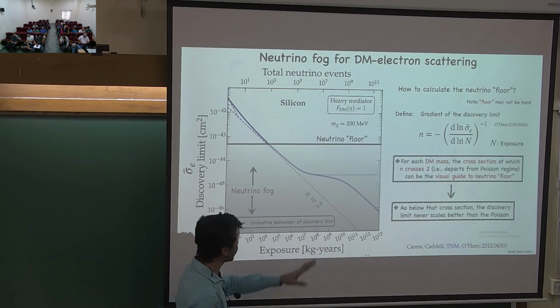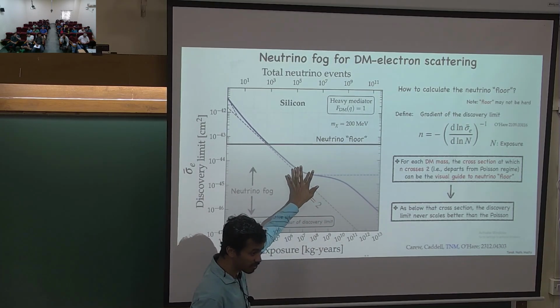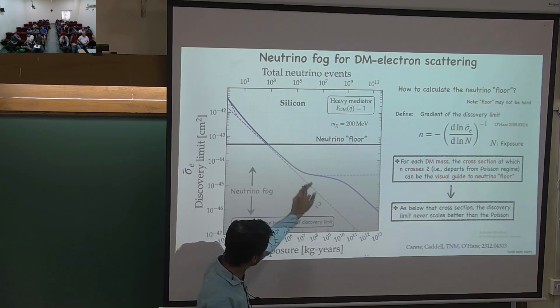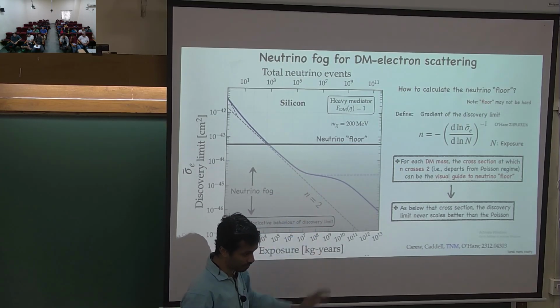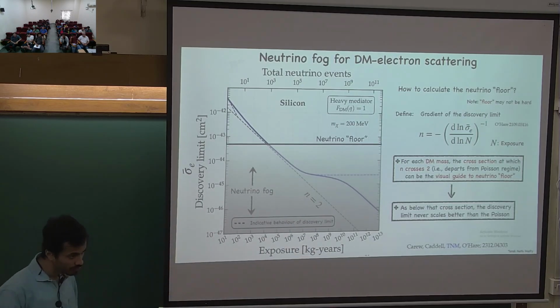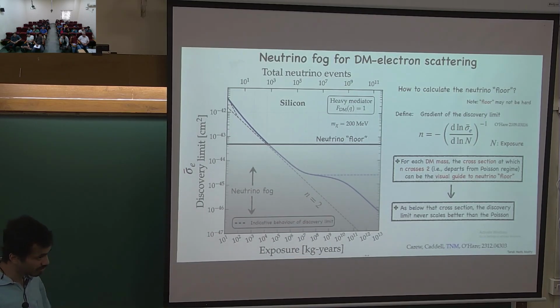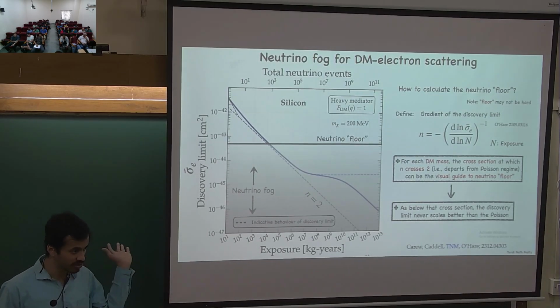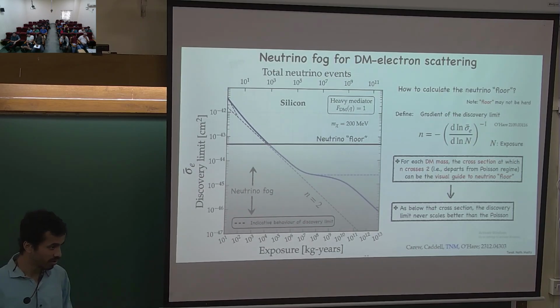What I'm trying to say is that here you enter the systematic uncertainty dominated regime. If your systematic uncertainty is small, then this line will probably be flat. That's what happens if I use neutrino experiments to decrease the systematic. You could in principle do that. Whatever we are doing is a current-knowledge-based analysis, either from the standard solar model or from the detection.